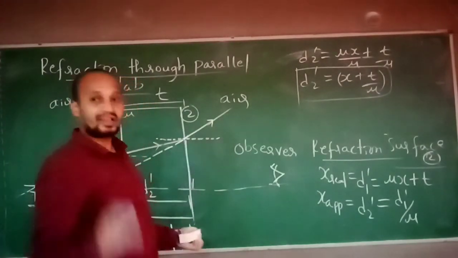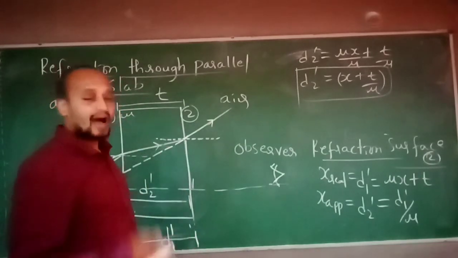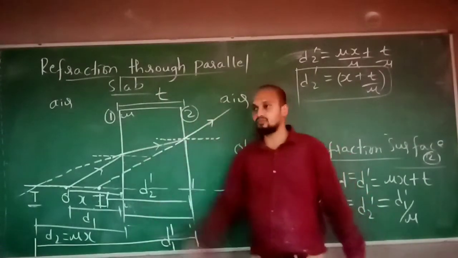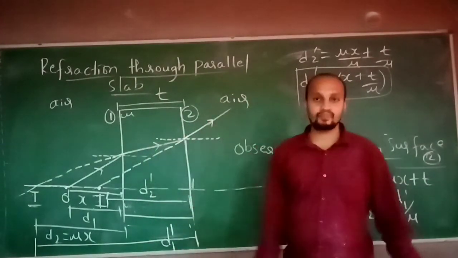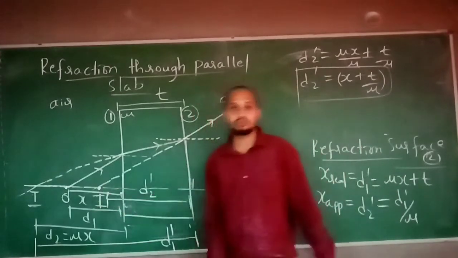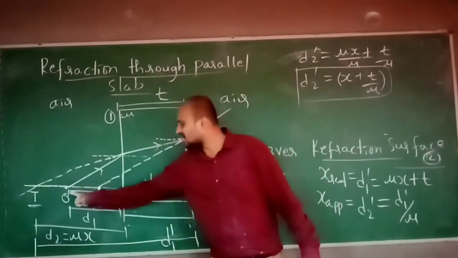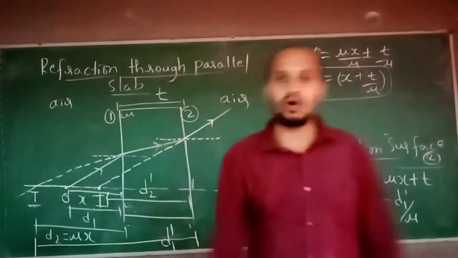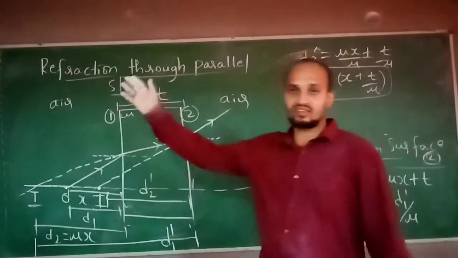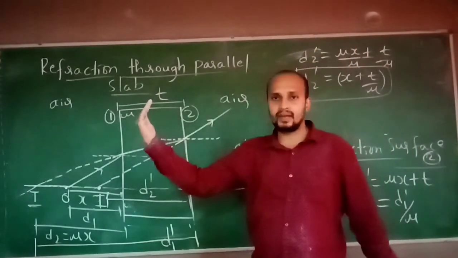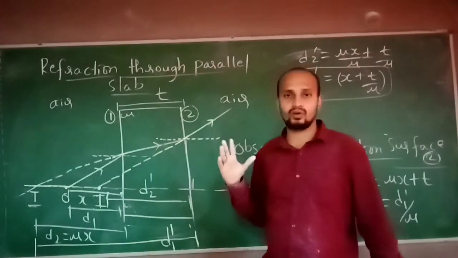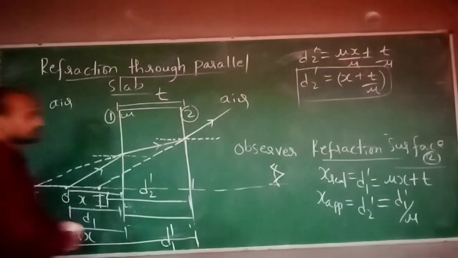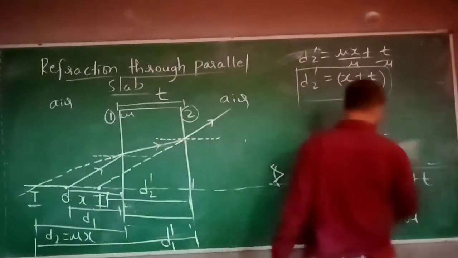Now once I found out my target value, what I am trying to do is find only one thing here. When I stand here and see this object, that object is making some shift, at point I dash. Now I want to find the distance between point O and I dash, because once I see through the slab, there is some shift happening. How much shift is happening? I just want to know. How can I calculate it? If I find O and I dash. Got it now? So that is my target.